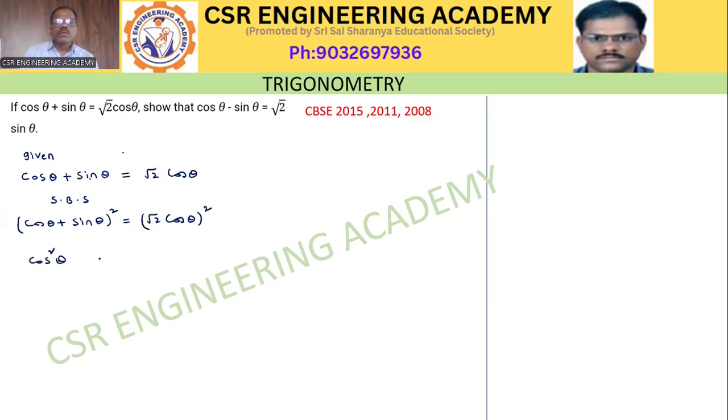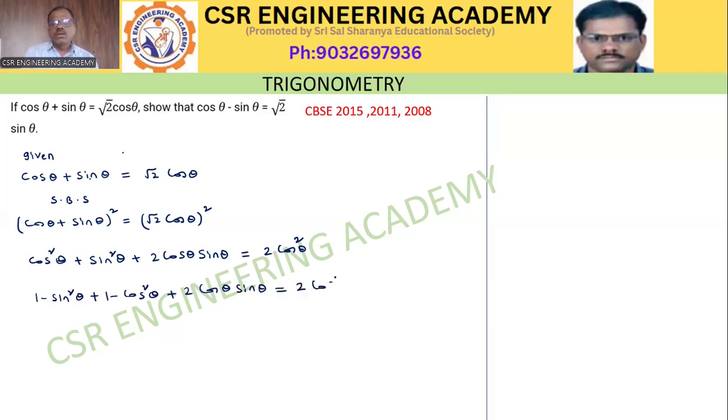cos²θ + sin²θ + 2 cos θ sin θ = 2 cos²θ. cos²θ = 1 - sin²θ, so cos²θ + sin²θ is equal to 1. 1 + 2 cos θ sin θ = 2 cos²θ. 1 + 1, that is 2, minus of (cos²θ + sin²θ - 2 cos θ sin θ) = 2 cos²θ minus of (cos θ - sin θ)² is equal